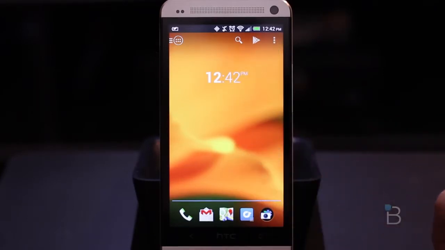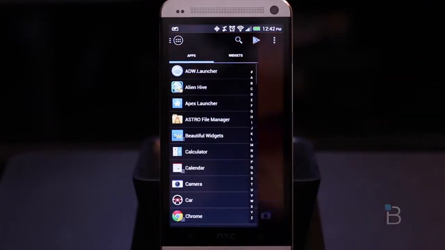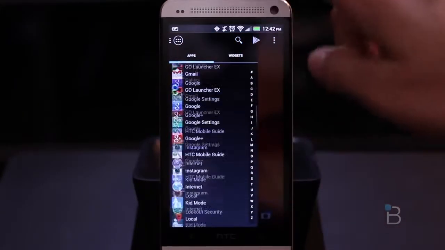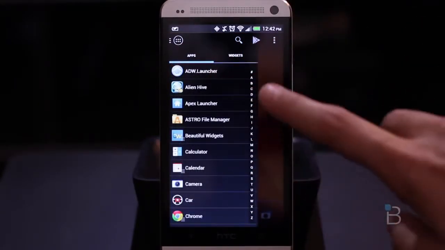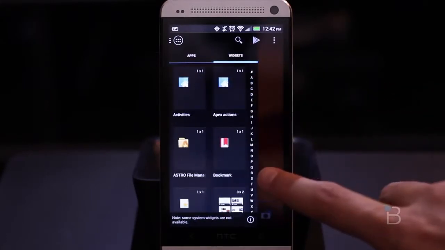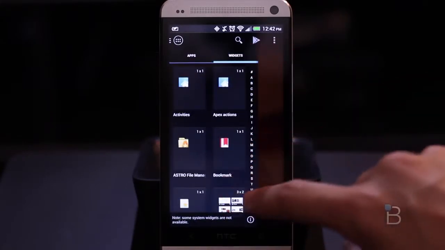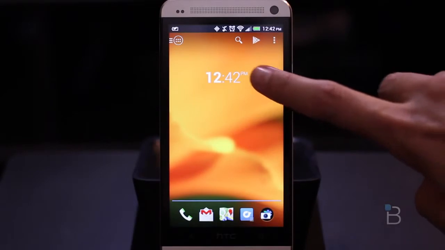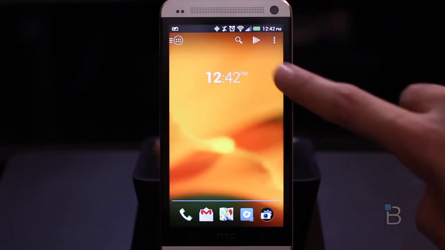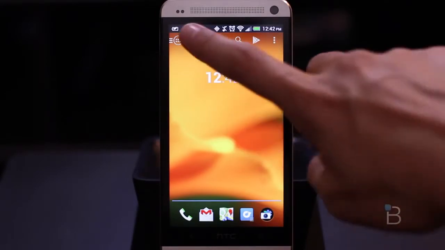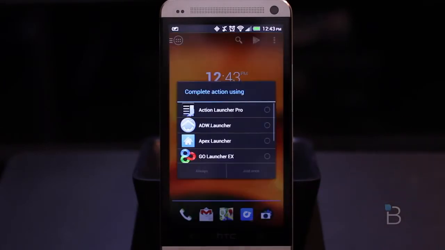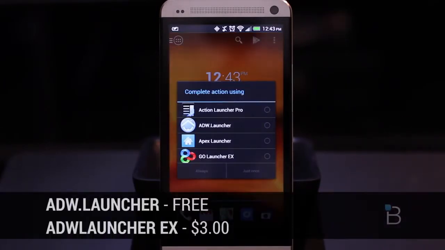Now, my favorite thing about the app drawer is it's actually not a drawer anymore. It's just this quick swipe to the left, and there are all of your apps. You also have widgets available inside this same drawer, making it really easy to customize your home screen. So right now I just have a really simple clock on the screen because I want to just show you the features of each launcher. Next up, I'm going to go into something a little bit more robust.